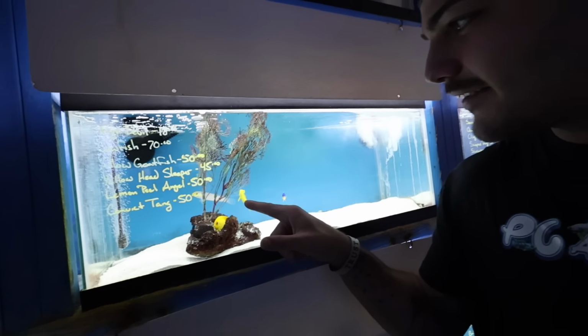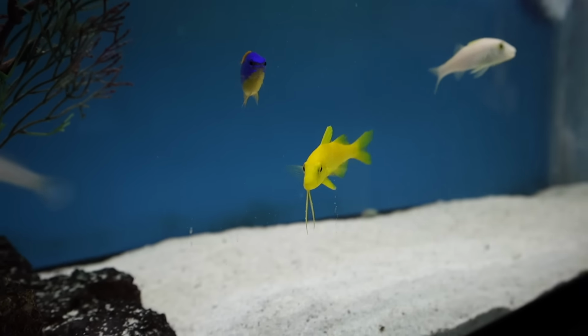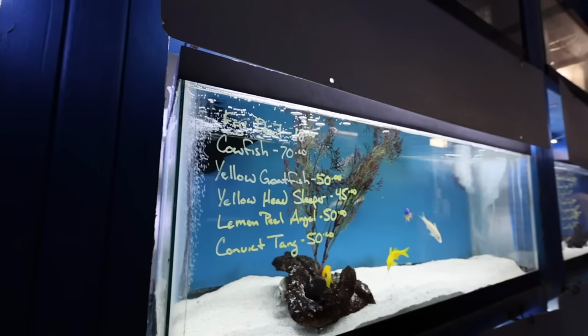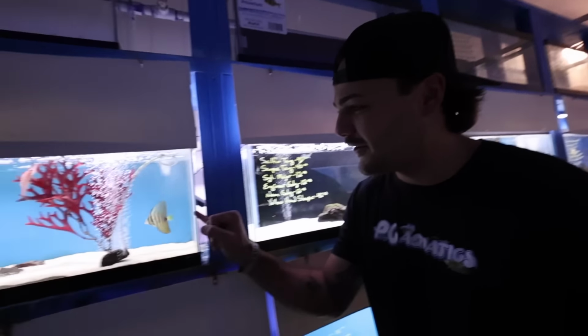What is that? It's got catfish? It's got two little... It's like a goatfish. Isn't it? I've never seen that in my life. Yellow and a white one. Let's see. Yeah, it is a goatfish. Yeah. There you go, Ty. That'd be really cool, dude. Look at those two, like sailfin,